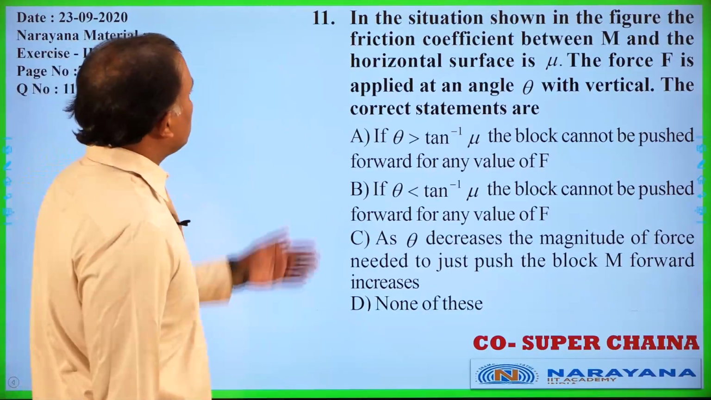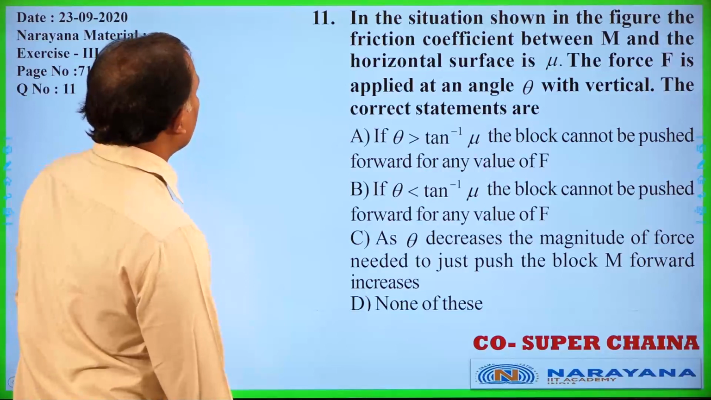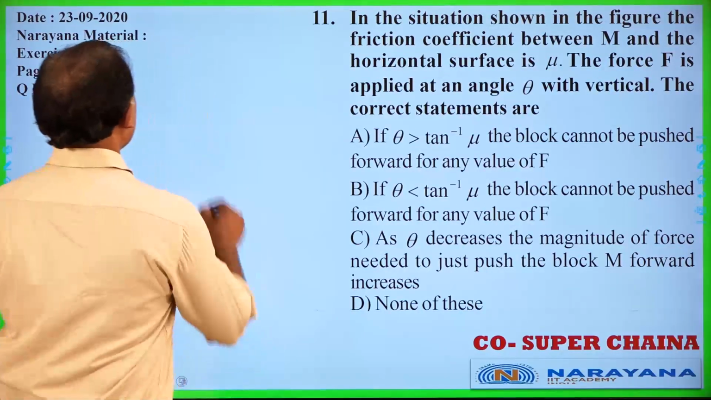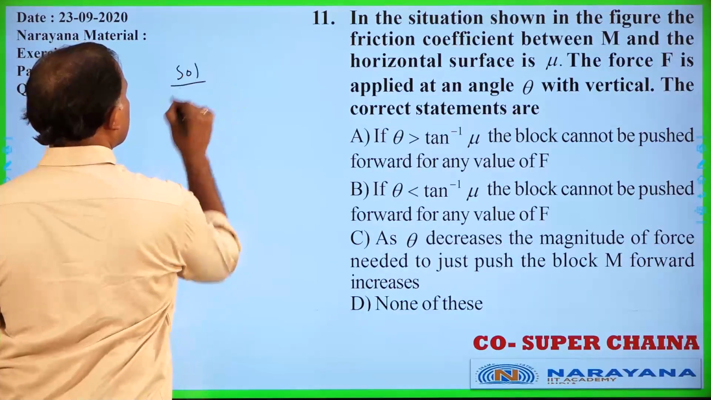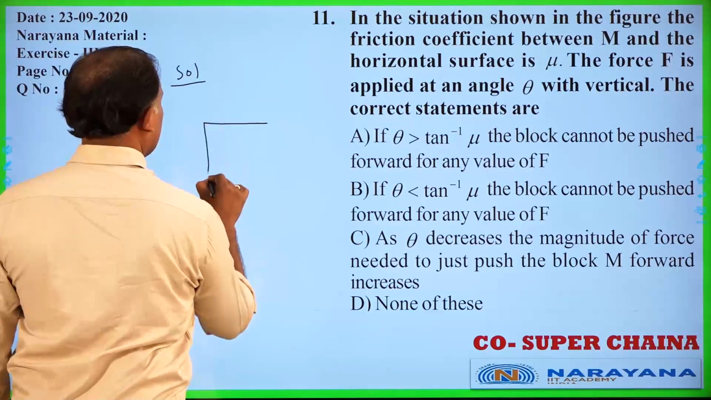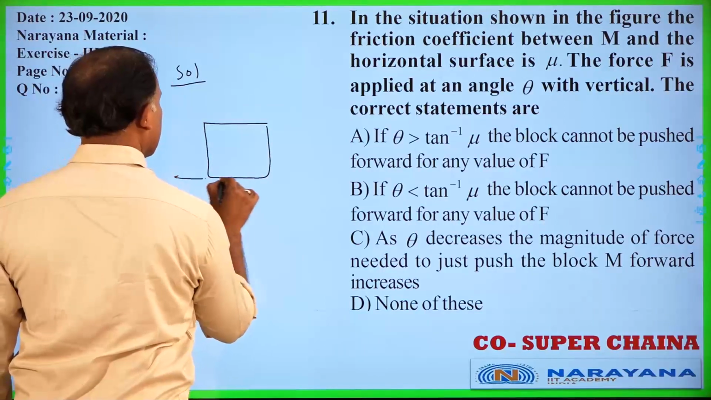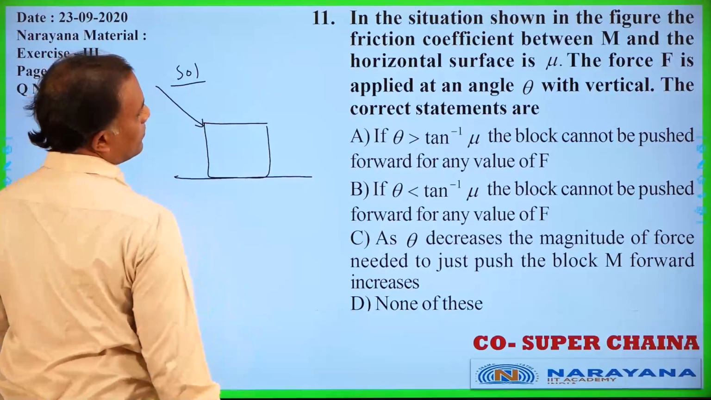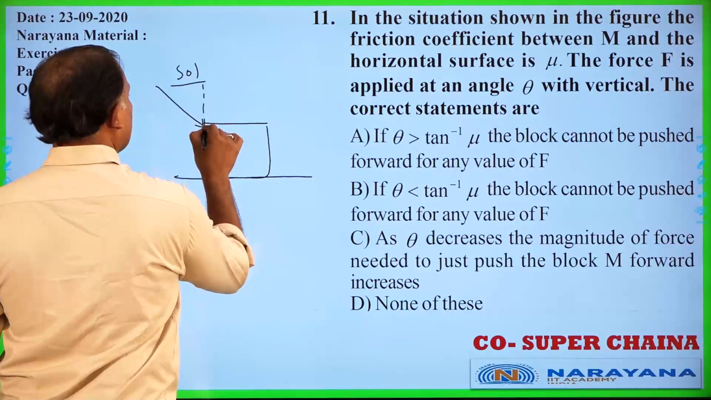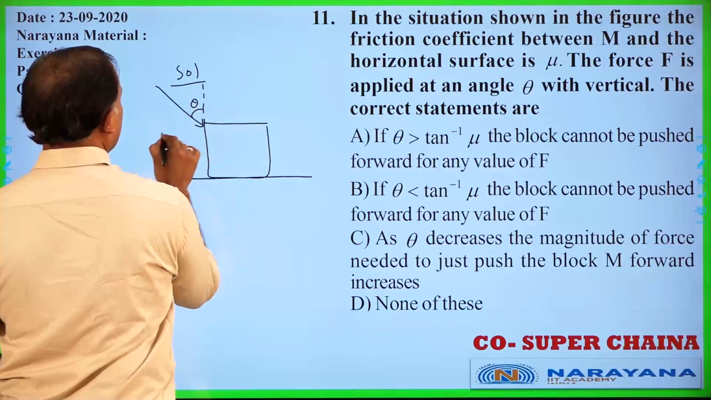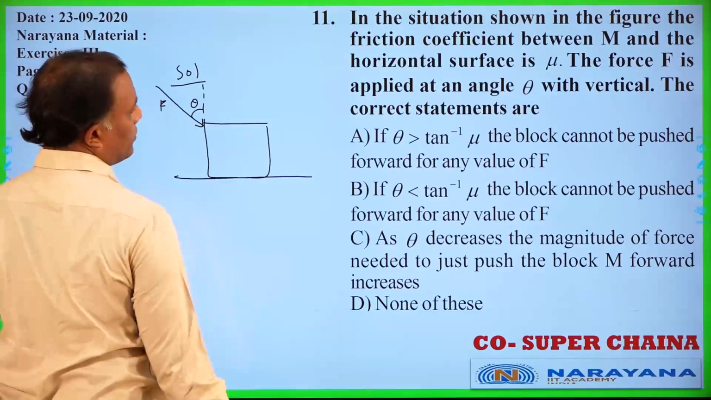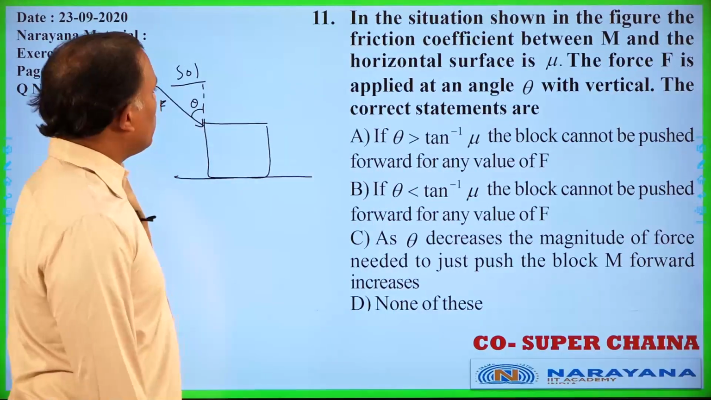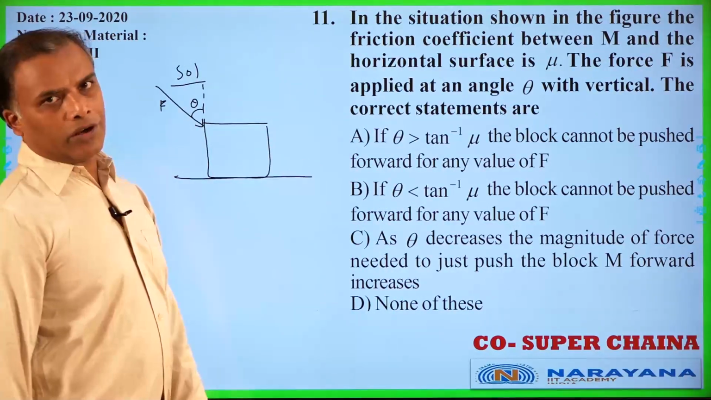And next, see here, in the situation shown in the figure, the friction coefficient between M and the horizontal surface is mu. So the diagram is like this. Here a force F is acting like this, and this is theta given to you. This is the force F given, that is the diagram. Where theta is the angle with the vertical, he is telling you. The correct statements in this question are,